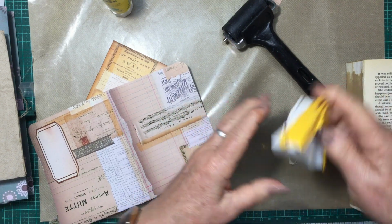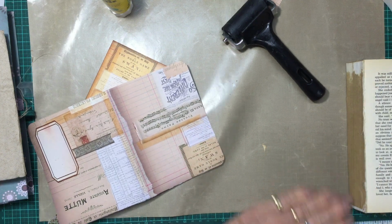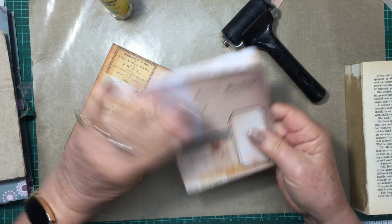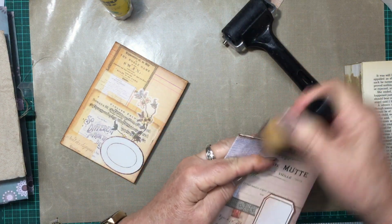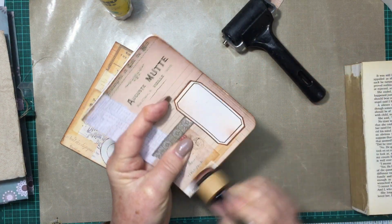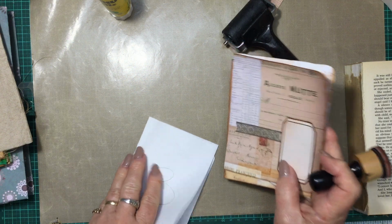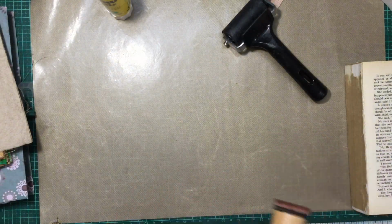Okay. Oh gosh. Okay, so that's the corner done. So just rounding the corners just gives it that nice effect, and when you ink up, that makes it look even better. So there we have that one. That's number 3. Number 4 is a